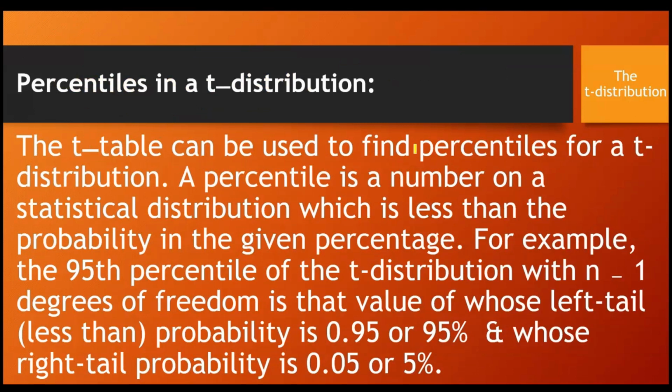The t-table can be used to find percentiles for a t-distribution also. A percentile, remember, is a number on a statistical distribution which is less than the probability in the given percentage. For example, the 95th percentile of the t-distribution with n minus 1 degrees of freedom is that value whose left tail, which is less than, probability is 0.95 or 95%, and whose right tail, greater than, probability is 0.05